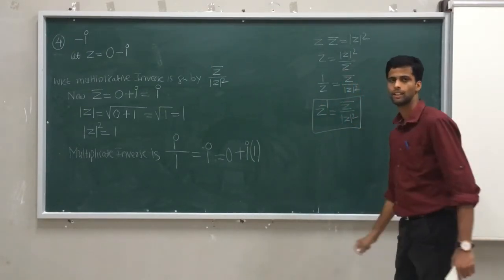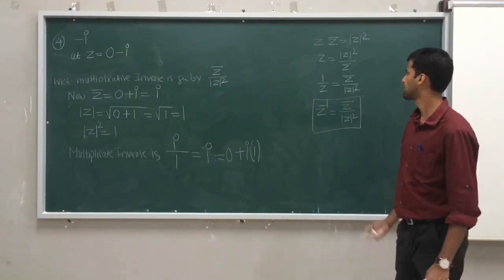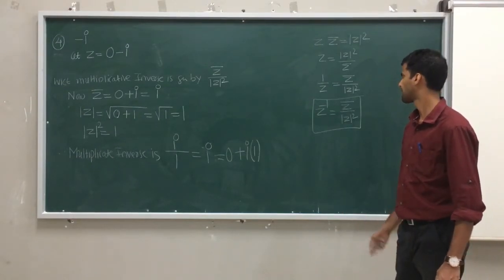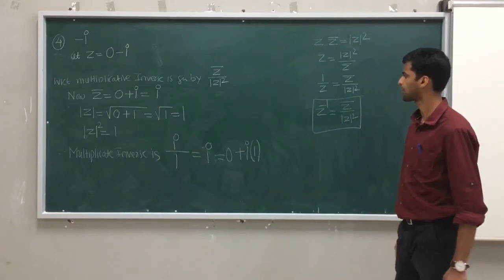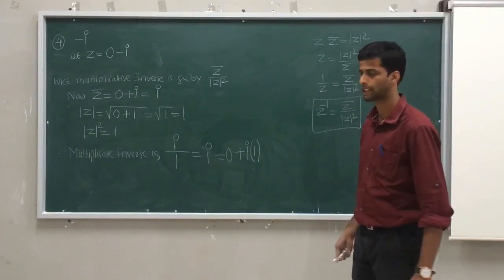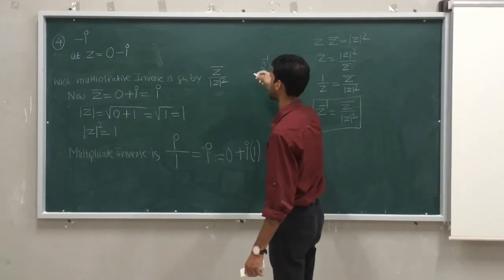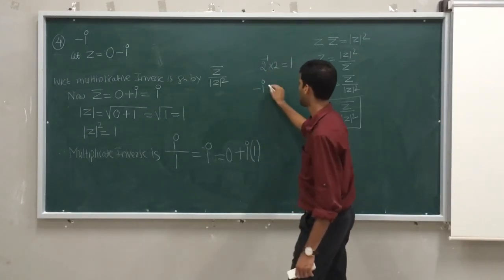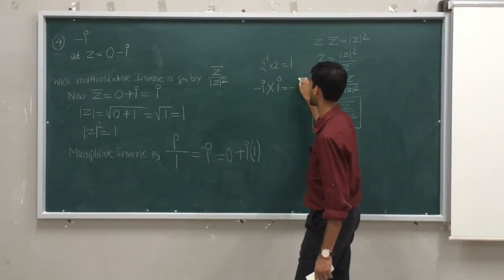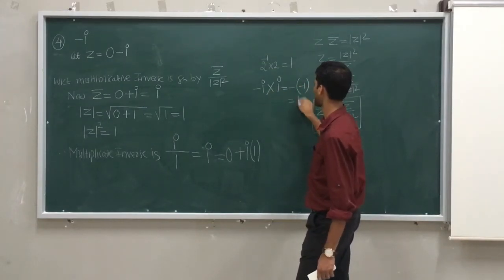So it looks like z inverse. When you multiply the given number with its inverse, you will get the answer 1. So in this case it is i into, it is nothing but z inverse. The answer you got here is plus i. So when you take i square into i square, you will obviously get the plus answer. You just check. When I said z inverse, when you multiply with z, the answer is 1. So here the given number is minus i. What is its multiplicative inverse? It is plus i. We all know that minus i into i is minus i square. i square is minus 1, so minus minus becomes plus.